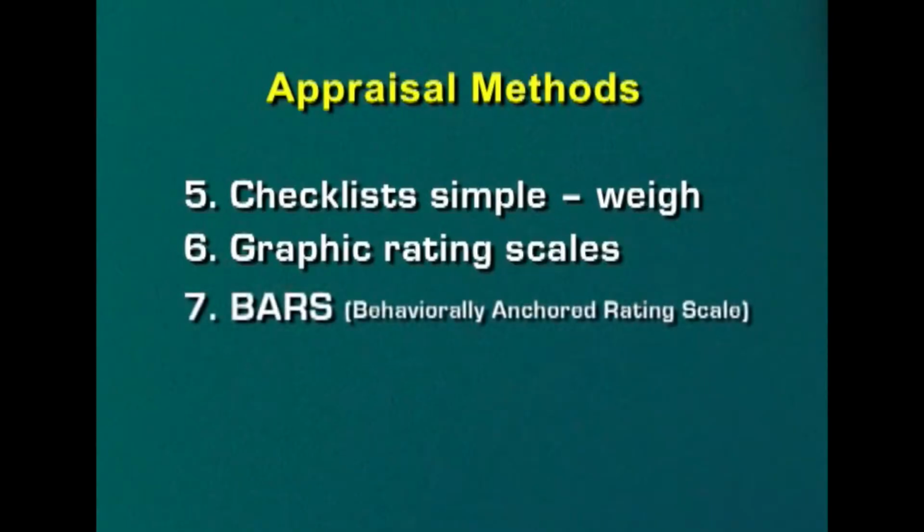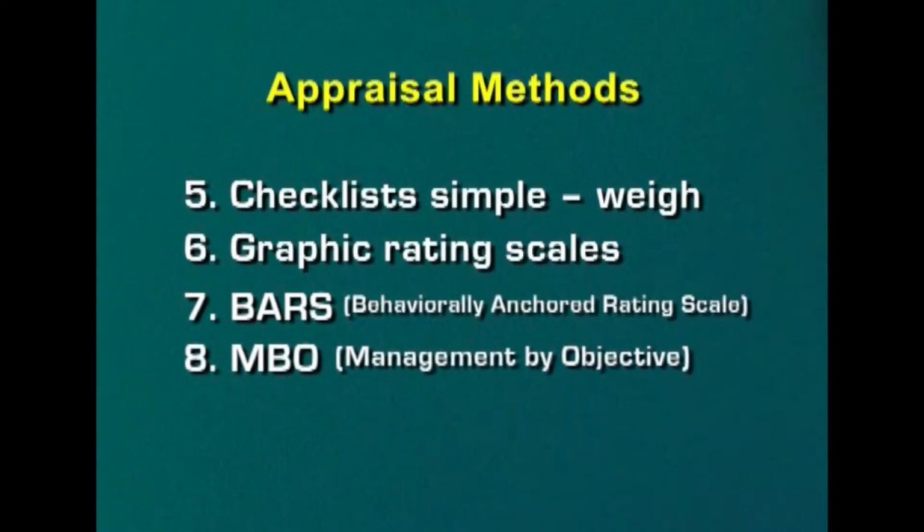The next one is BARS, which is the behaviorally anchored rating scale. Based on the employee's performance and behavior, employees are anchored in different slots of good, average and poor. The eighth one is MBO, which is management by objectives: a philosophy of management that rates performance on the basis of employee achievement of goals set by mutual agreement of employee